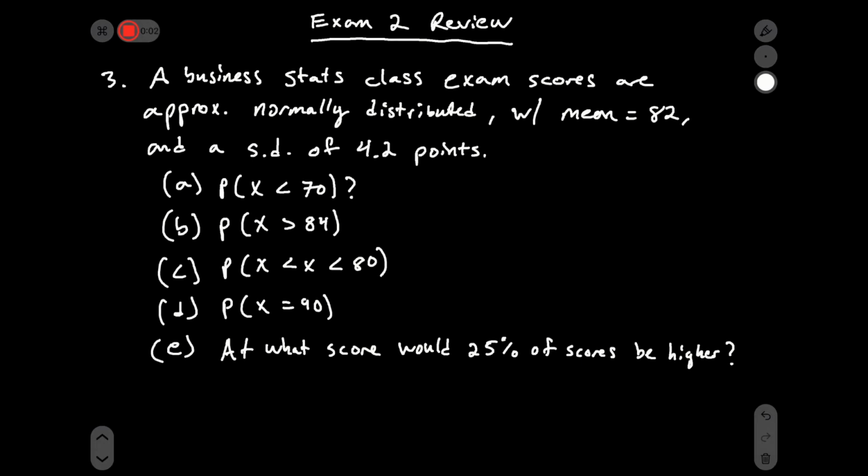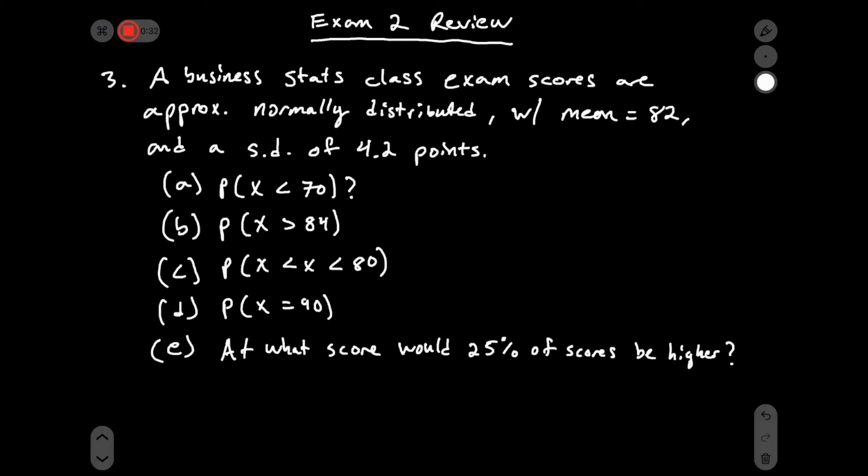Okay, in this third problem, we're dealing with a business stats class exam where the scores are approximately normally distributed, with a mean score equal to 82 and a standard deviation of 4.2 points. And we are asked to calculate the following probabilities. Or in the case of part E here, we're asked at what score would 25% of scores be higher